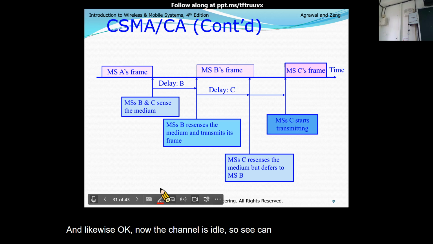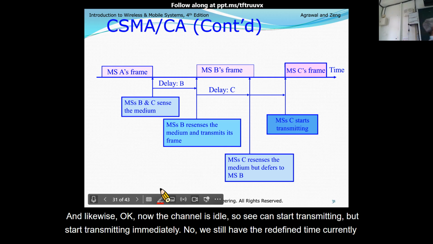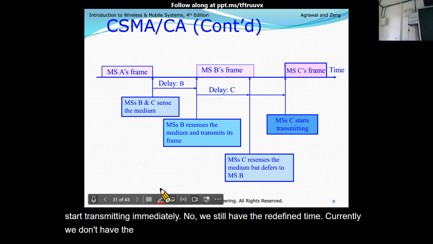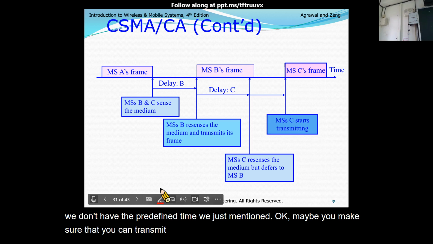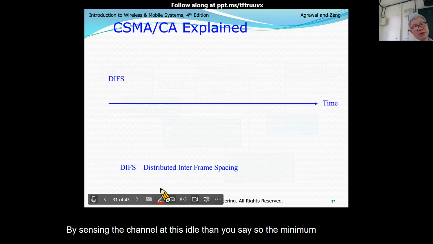But start transmitting immediately? No, we still have the predefined time. Currently, we don't have the predefined time. We just mentioned that once you make sure, then you can transmit, and so you avoid a collision by sensing that the channel is idle, then you send. So the minimum requirement is that the channel should be idle.